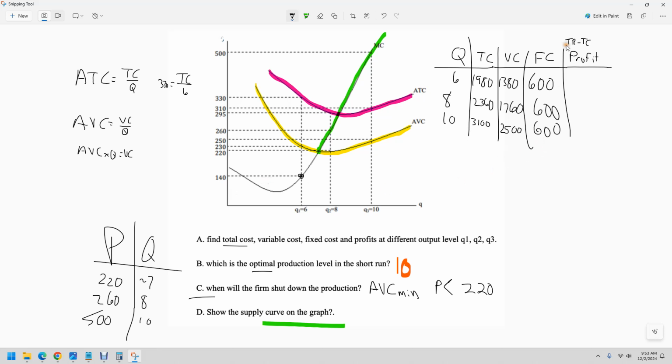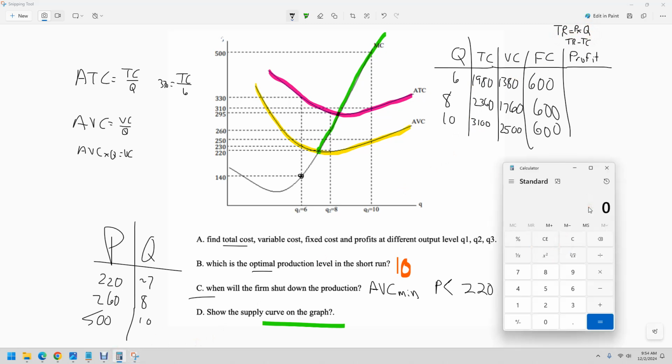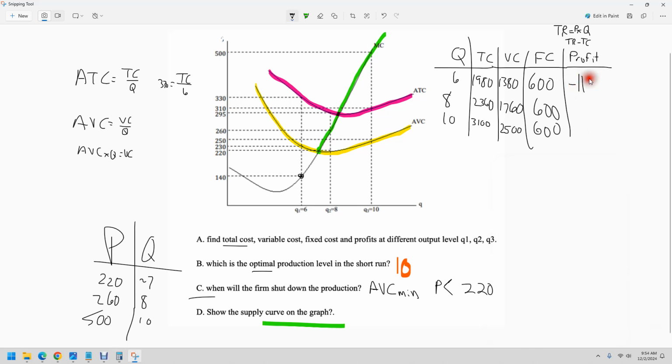So I could also do total revenue, and total revenue is equal to price times quantity. I'm going to do it that way because I already calculated total cost. So price is 140 takas times 6, 840. So 840 minus 1980, because that's our total cost, would be negative 1140. Negative 1140, and that's why we would shut down at that number of units, because I'd rather shut down and pay the 600 than produce and lose